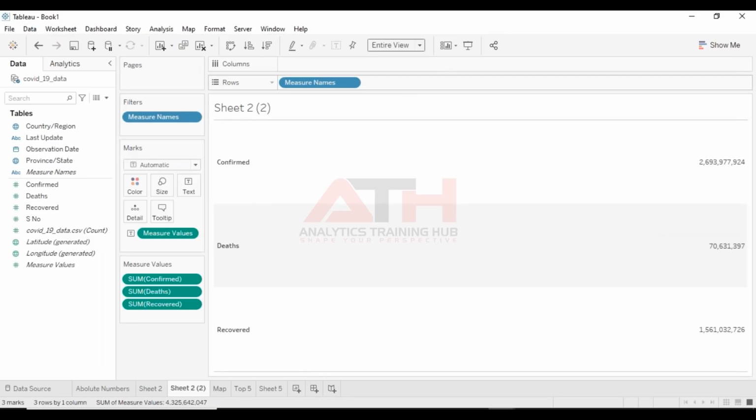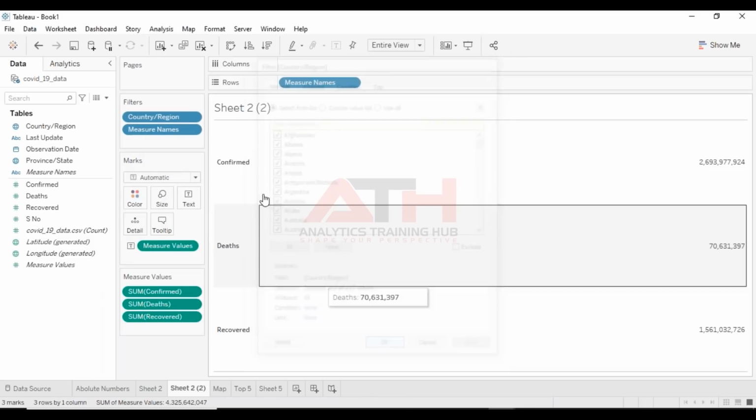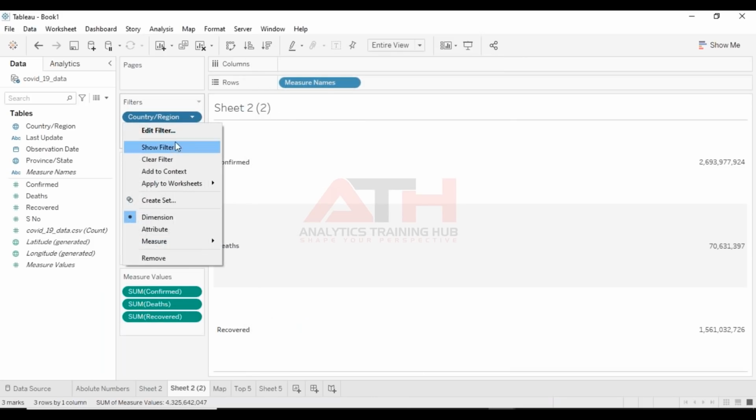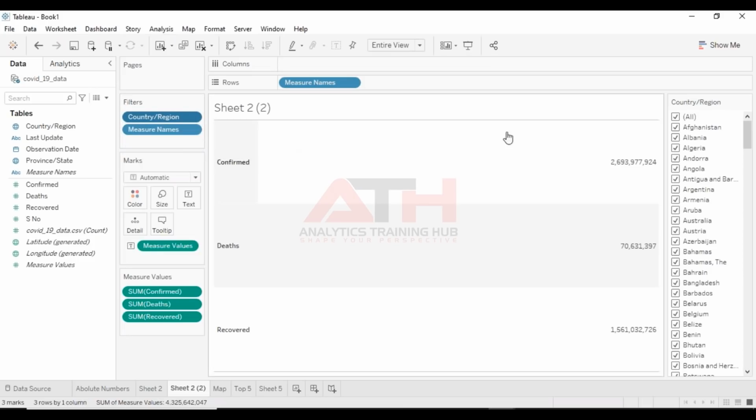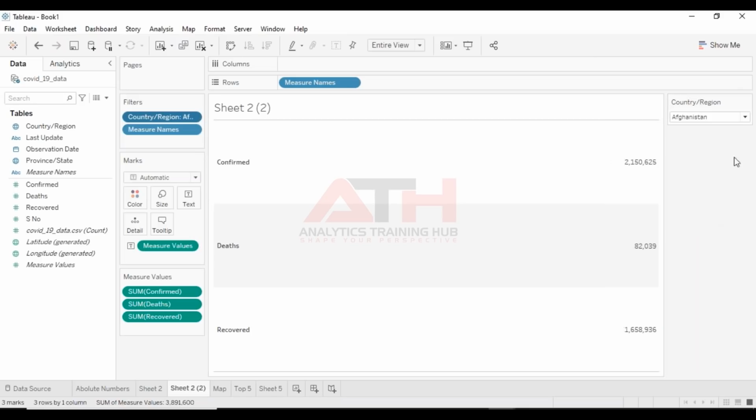Once this is done, I can fit it to entire view. These are the absolute numbers for all the countries, but as you remember we are using a country filter here, and we are using it for one country at a time. Then we'll apply OK. Again we'll see the show filter part, and once we get it, we'll do the single value drop down.